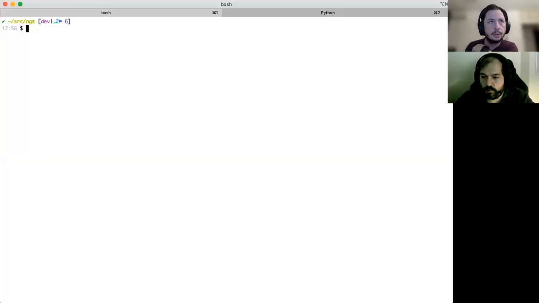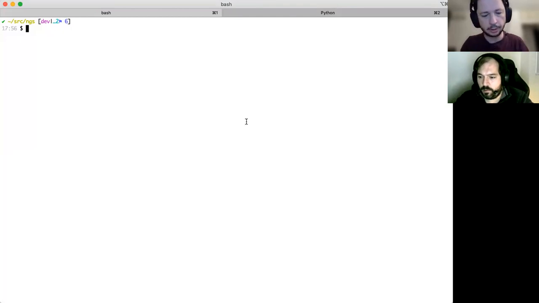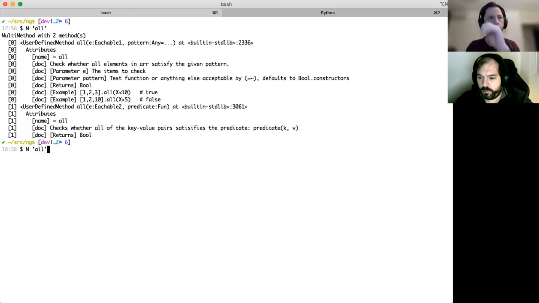Okay. So in NGS, you have basic functional stuff like all. What does all do? All checks if all elements of the array are matching